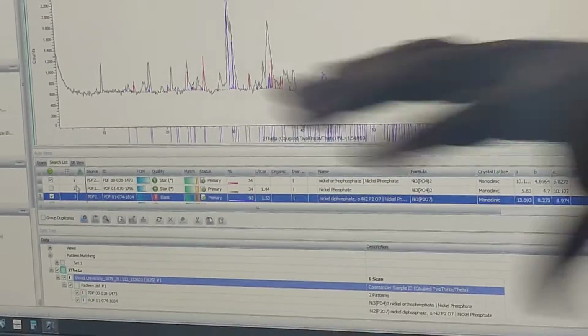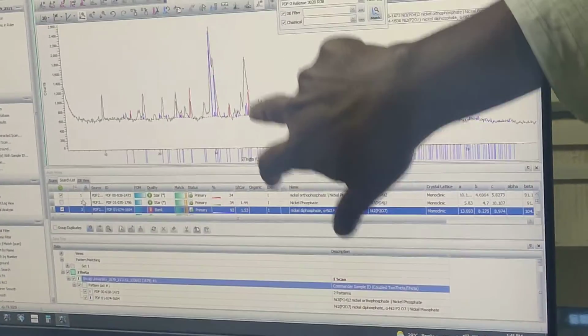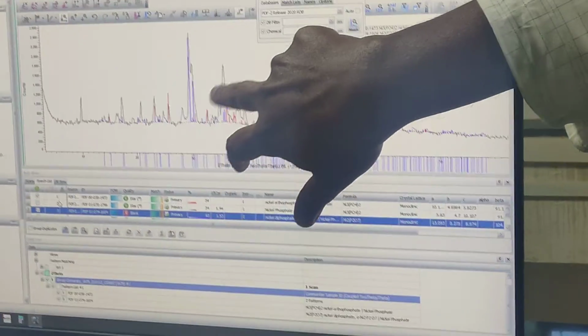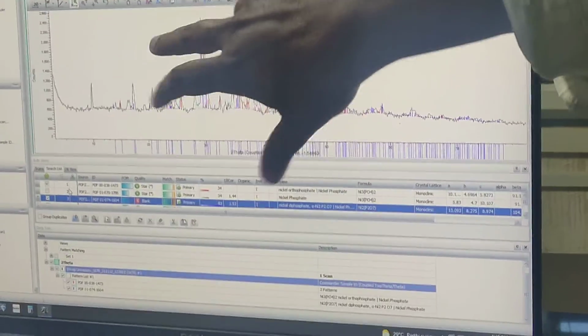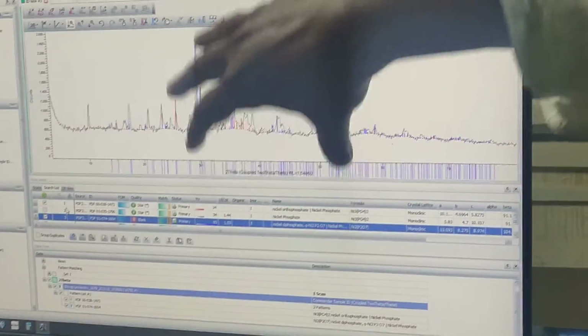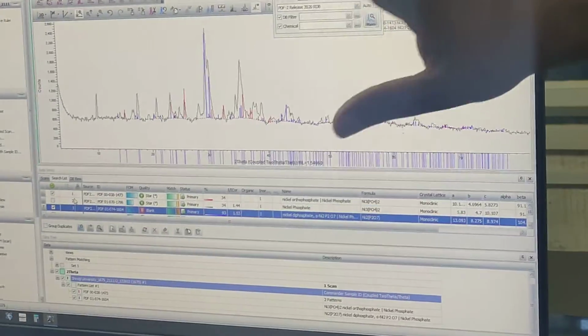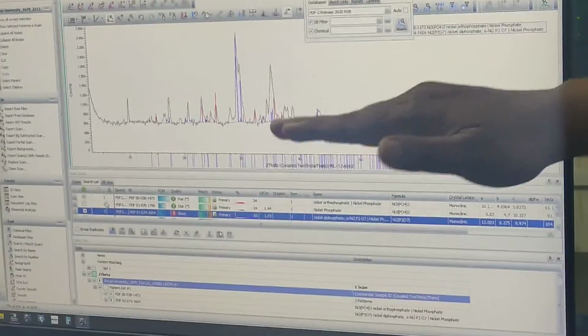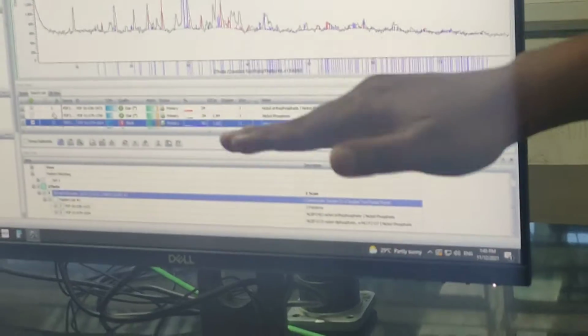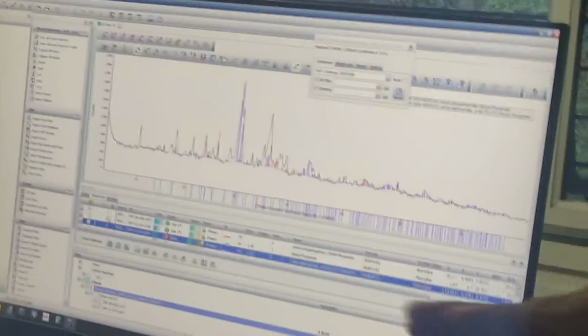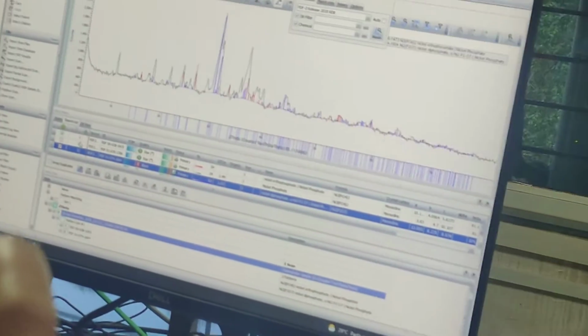So just apply the logic and see whether all the peaks are there. Wherever there is a red line, there is a peak. Wherever there is a blue line, there is a peak, then that corresponding phase is present in your sample. That is the best way to judge whether you have matched with the right phase or not. It is very easy. You can very easily do the matching and other stuff. Okay, good.